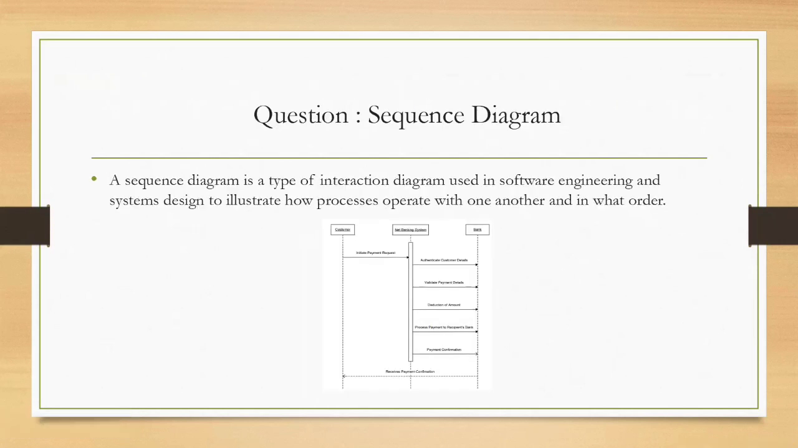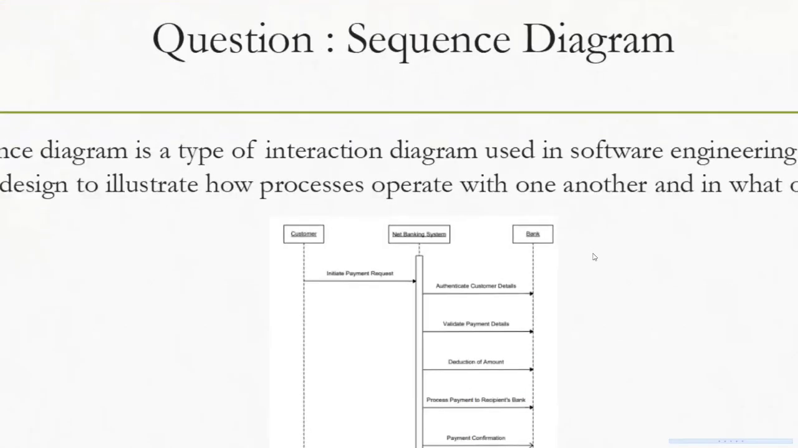This sequence diagram is actually not drawn by the business analyst. It is drawn by the software people, the developers. In this sequence diagram, it showcases how the processes operate with one another. For example, here we have